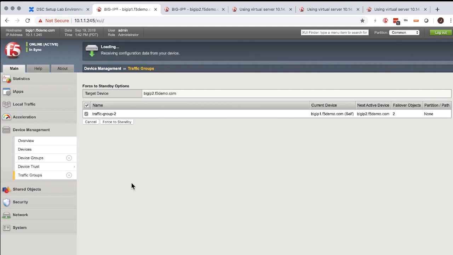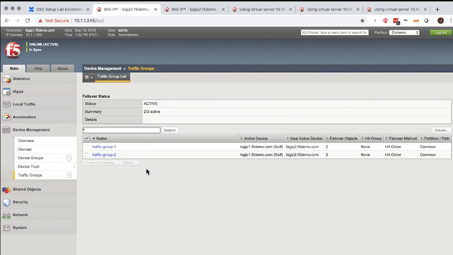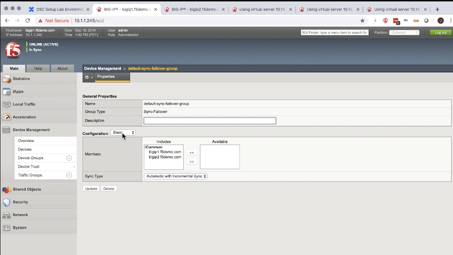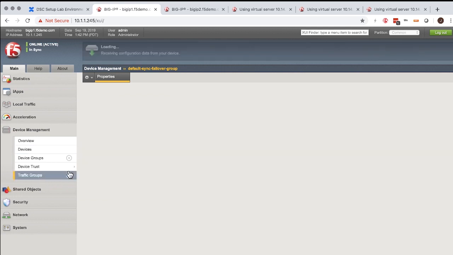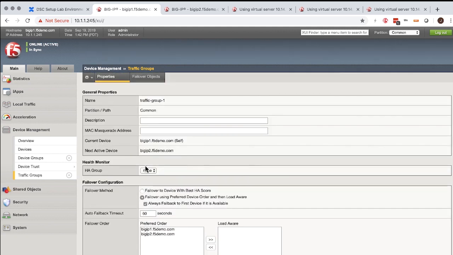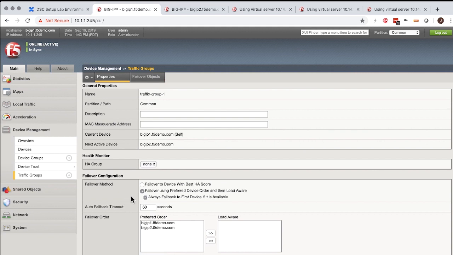So let's get this back to its normal default state. Actually, I'm not going to. Before I do it, I just want to talk about rebooting. So when the device reboots, let's say we were to reboot both of these at the same time, when it boots, it's going to go to the sync failover group and figure out who the members are. It's going to establish a connection again. And once it does, the traffic groups are going to negotiate based on their settings which device is going to pick up traffic. We happen to be configured with preferred order, which is set to BigIP1 primarily, and then